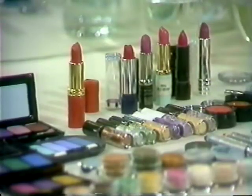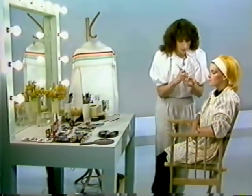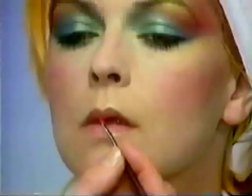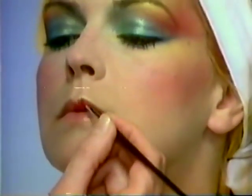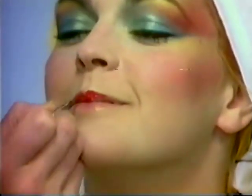I'm going to put the lipstick on now. I'm going to use a dark colour on the top lip and a light colour on the bottom. Makes the bottom lip look a bit fuller, and also I think it'd be quite interesting. And now you can't even answer me because I've made you close your mouth. Lip brush stuck in it, but...